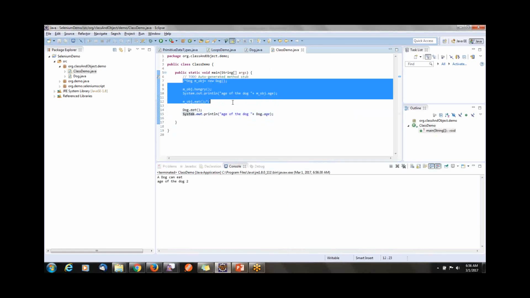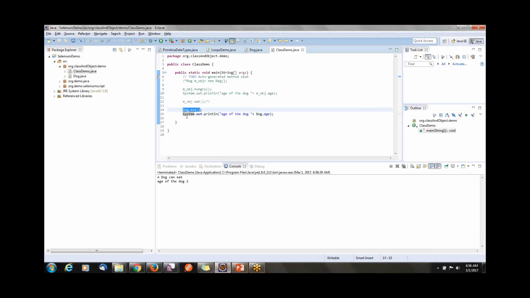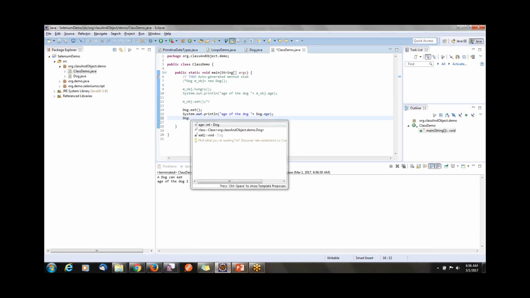See, I did not create any object here, right? This is all commented, but I'm able to access the static references that we provided, the static modifier that we provided. But what if I do Dog dot,